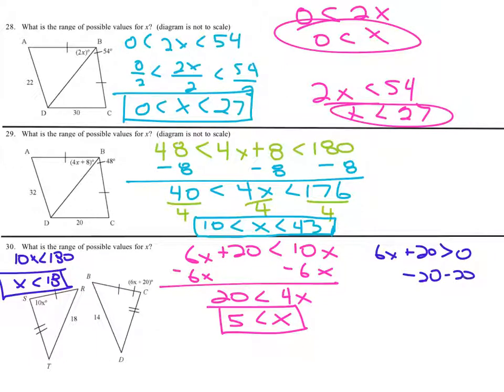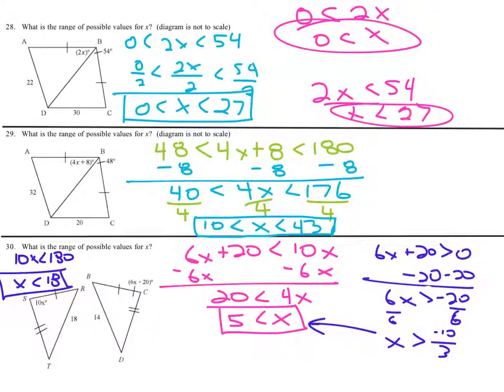So we say minus 20, and we get 6x is greater than negative 20, and dividing by 6, you get x, I'm sorry, I said equals, and I should not have put equals. Like that. And then when you divide both sides by 6 and simplify, you get x has to be greater than negative 10 thirds. Okay, so x has to be greater than negative 10 thirds, but it also has to